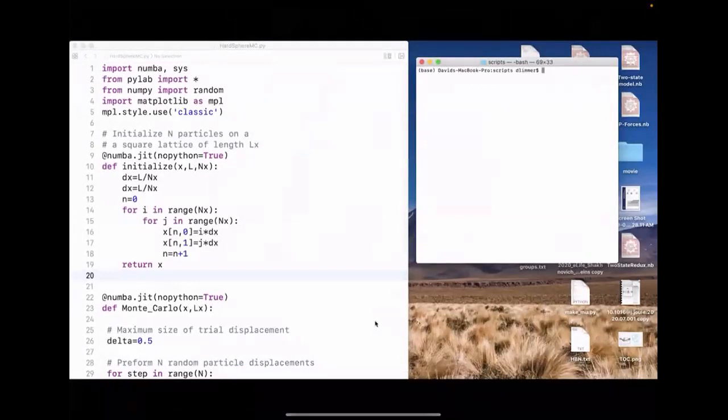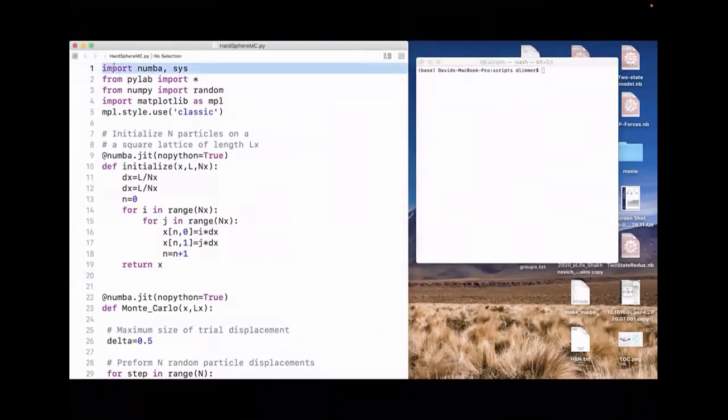Okay, so here's the code that I'm going to upload to B courses. It's a Monte Carlo code. It's written in Python and uses a couple libraries like Numba, NumPy, and Matplotlib to make it go fast. So if you don't have Numba, which many of you might not, that's a special package, your code will run a lot slower, but you can still get it to work by commenting out that Numba line. The code sets up a periodic lattice in this initialize function,